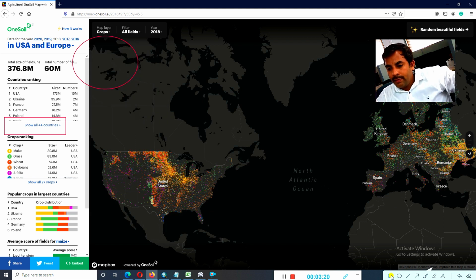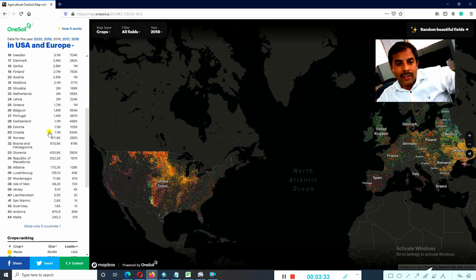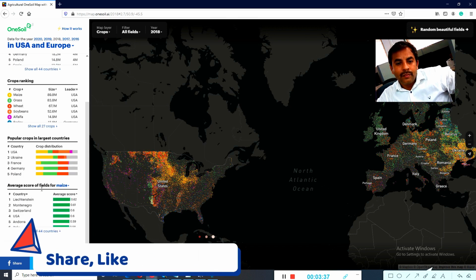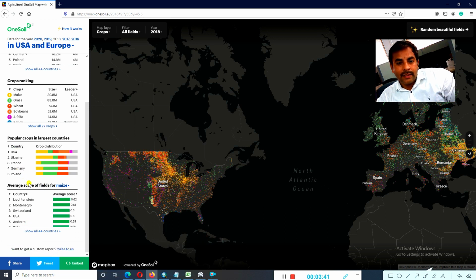You can see at the top random beautiful fields. Before we go there, I show you the complete information for all countries, how many countries are involved in this project, and then the popular crops in the large countries.